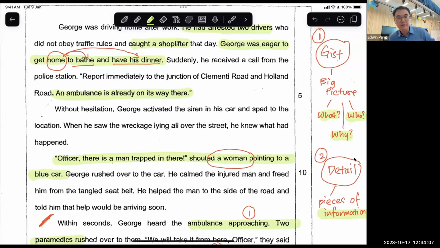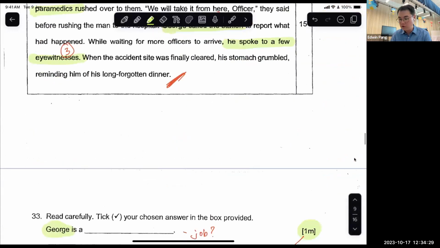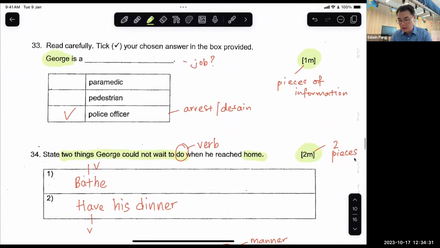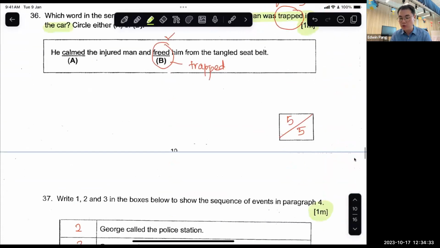Is everybody good? Show me a thumbs up if you're ready to move on to the next section. Awesome. Right, let's go. Let's go to the next section, the next text, and we'll end here after we finish the second text, okay? I will send you the answers to the closed passage by itself. You all can go through it yourselves, okay? And then we will have done our homework, okay? Good, everybody. You are doing very well, huh? Thank you all for being so focused and on task as we go through this together.